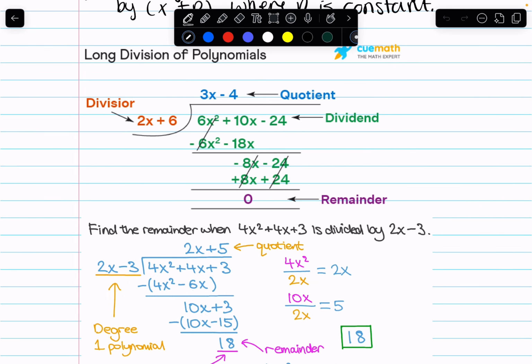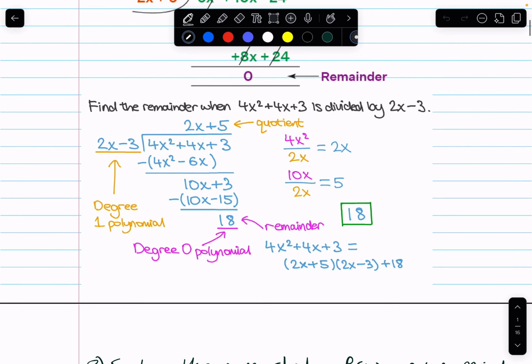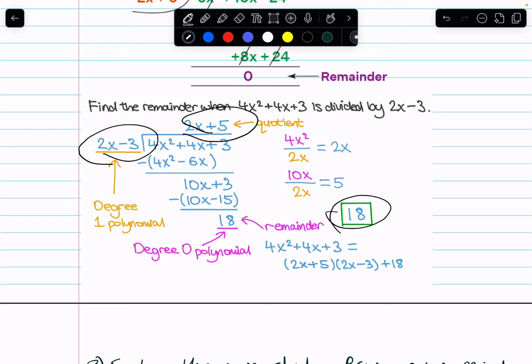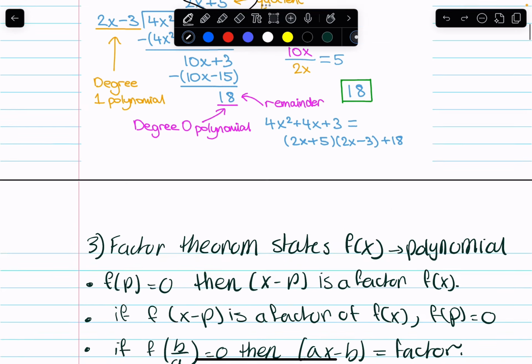You take your divisor, you divide basically the same exact way that we learned division, and if you have a remainder of 0, then that's a factor, and if not, then it's not a factor, so you just add it to the end part. As you can see here is plus 18, so this times this plus the 18